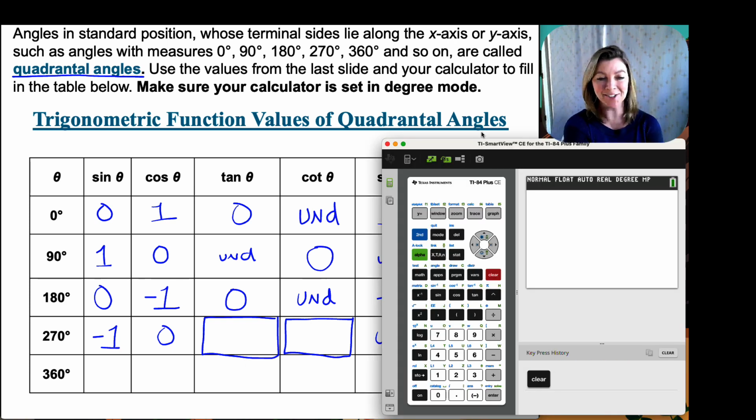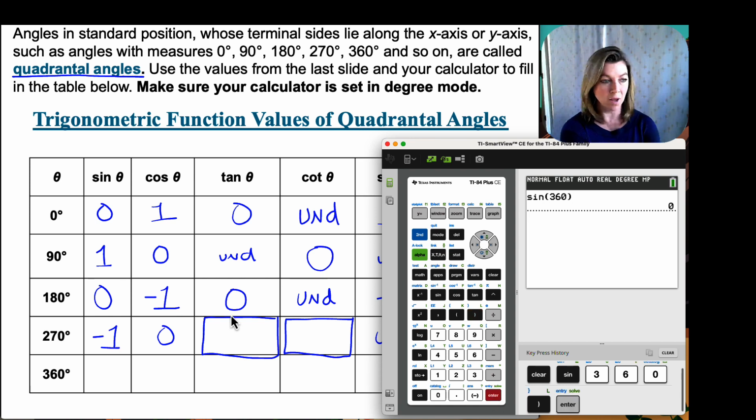All right, well, that was actually a good lesson for us, because as powerful as our technology is, if we don't know how to use the specific technology that we are working with, it can lead us to false results. So when you choose your calculator, whatever graphing technology you're using, stick with it the whole class and practice with it as much as you can. All right, let's get this last row filled in, and then we'll come back to those two that our technology wouldn't do for us. So let's get sine of 360,